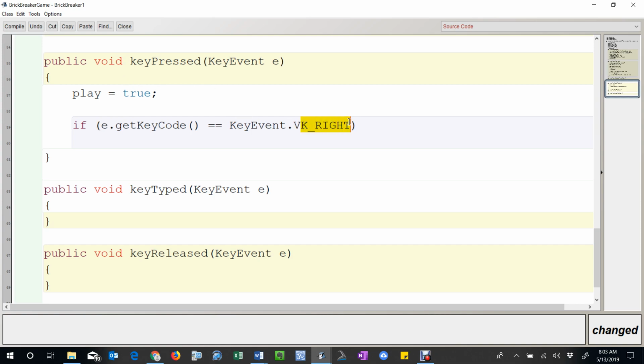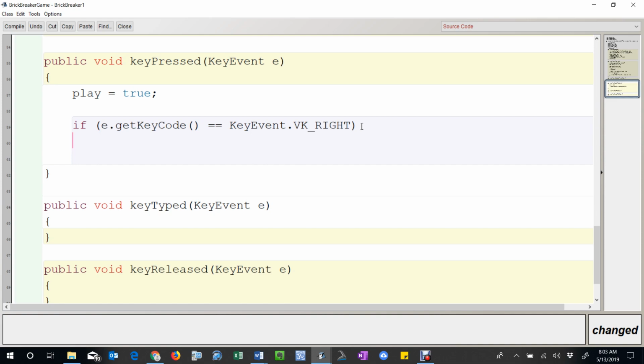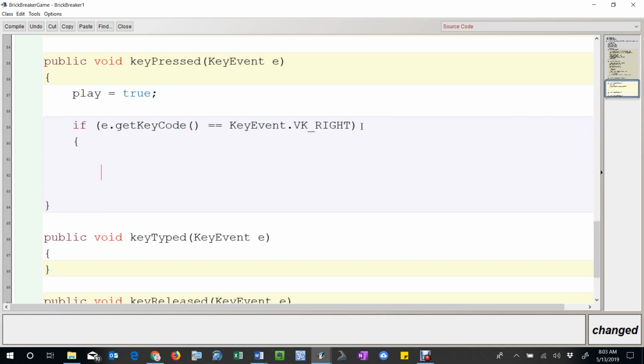So this is the right key. So I know this is a lot of code here, but we're basically saying if we press the right key at any time during our applet, then what I'm going to do,